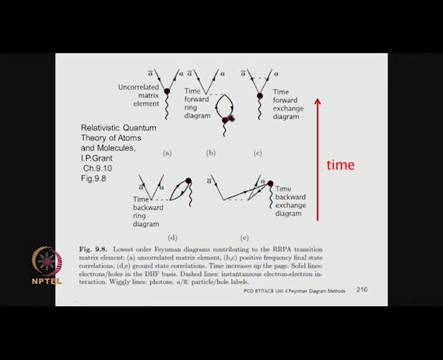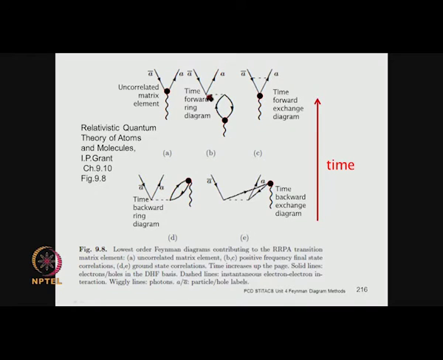So, if you have pictures of this kind, and you have this ring diagram over here, you also have the exchange diagrams corresponding to this. So, you have a ring diagram which, with reference to this point of interaction, is backward in time. And this is the correlation in the initial state which is taken into account in the random phase approximation. So, the ring diagrams which correspond to the time which is lesser than the point at which the photon interacts,